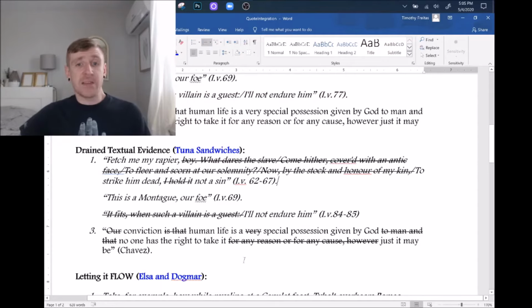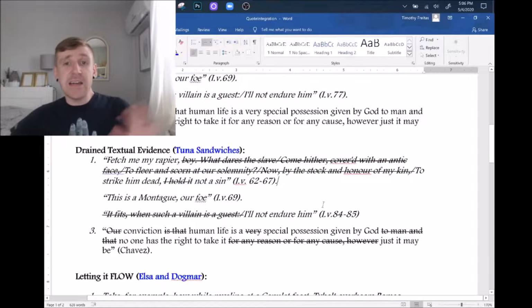I can get rid of this here because I just want to know what stands with morality. Conviction, human life, special possession given by God. No one has the right to take it, however just it may be. Okay? And all of these parts stand with the greater moral value of nonviolence. The rest of it is just added language. It's needed in the original